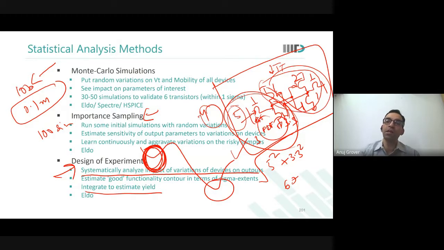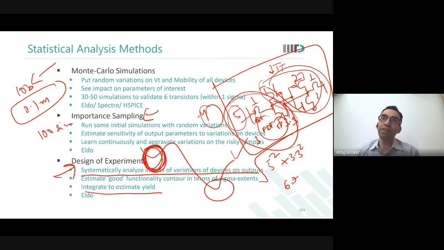For example, अगर आप bit cell analysis कर रहे हो और bit cell का write time analysis कर रहे हो तो आप DOE use करोगे, because really में आपको पता है कि एक ही device, pull-up device ही है जिसने सब कुछ का बैंड बजाया हुआ है. So you will want to put 6 sigma on the pull-up device and very limited sigma on the other devices, and you will do DOE to get the worst case write time.